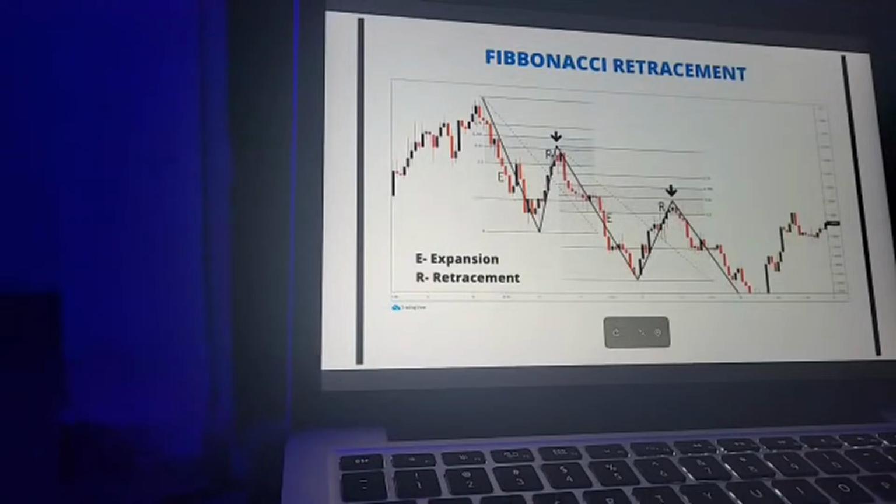Now you can see this move right here is a retracement. This move to this place is the retracement, and the continuation right here. So for you to be able to know where you'll be able to enter your trade, something like this. You can see this point is where the market got to before creating another expansion.